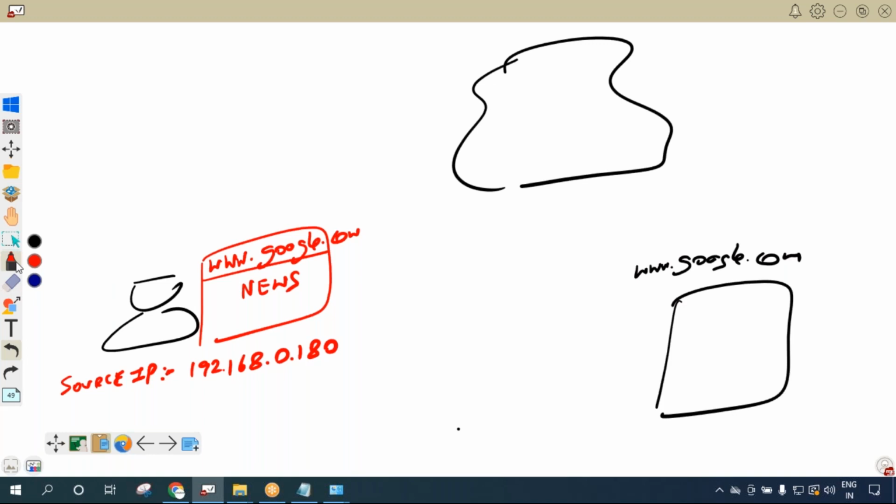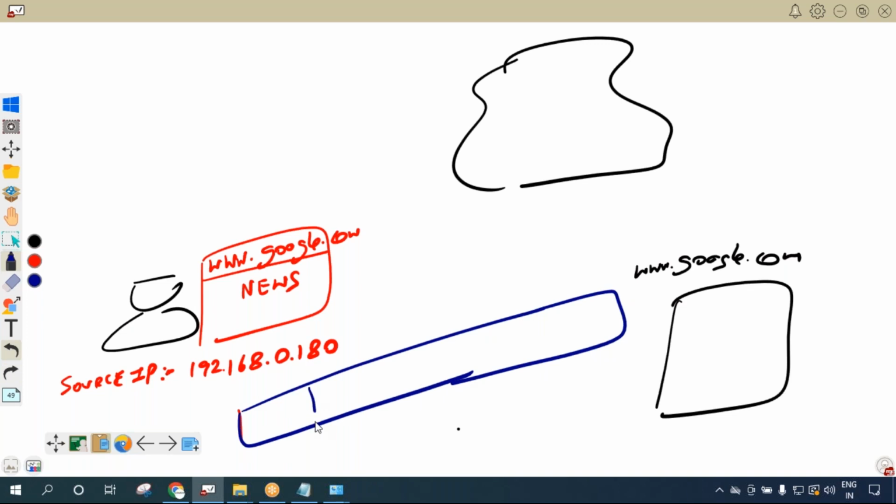The next thing, my dear friends, my PC needs to create the packet. To create this packet, my PC needs the destination IP. So the data is there. In the data, the news word is there. This news word should go to Google, and the source IP, SIP for short, is 192.168.0.180, and DIP is the destination IP. Destination IP address, my PC says I don't know the destination IP,